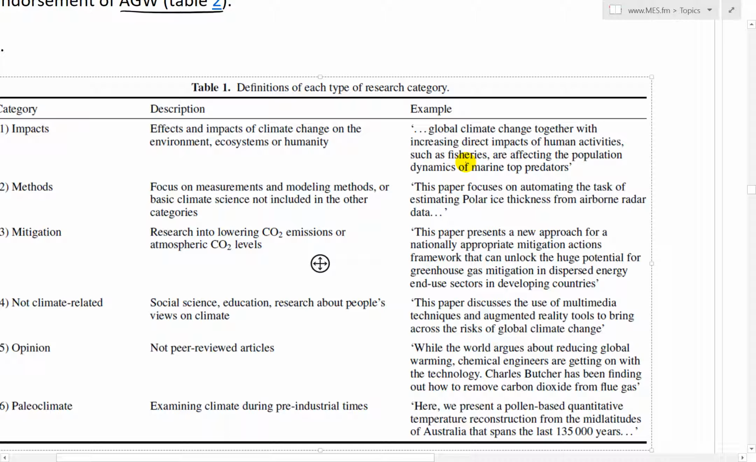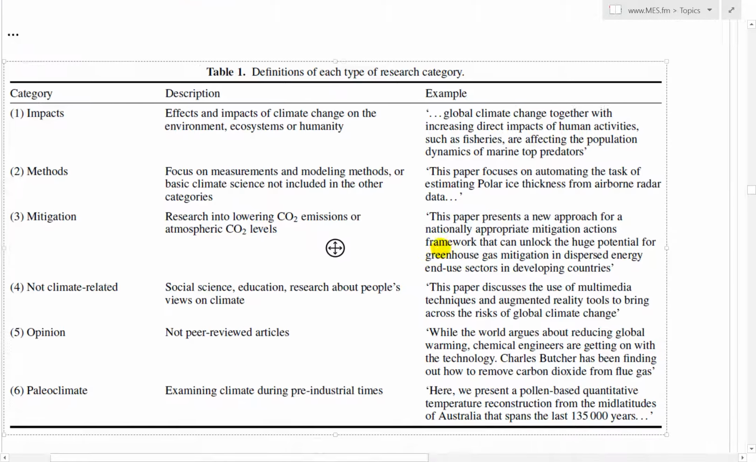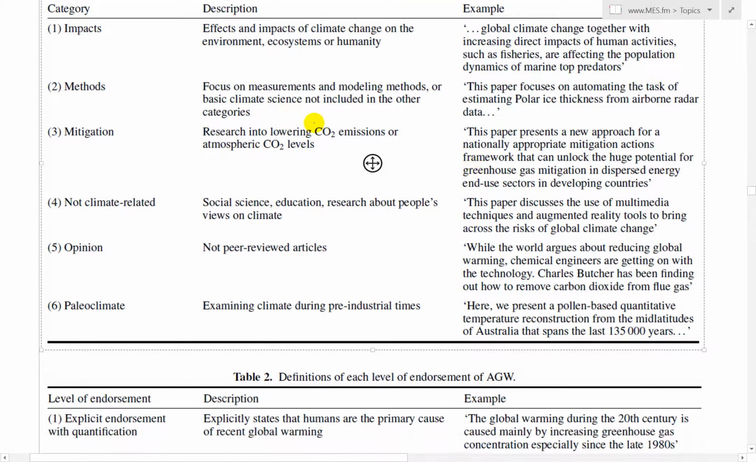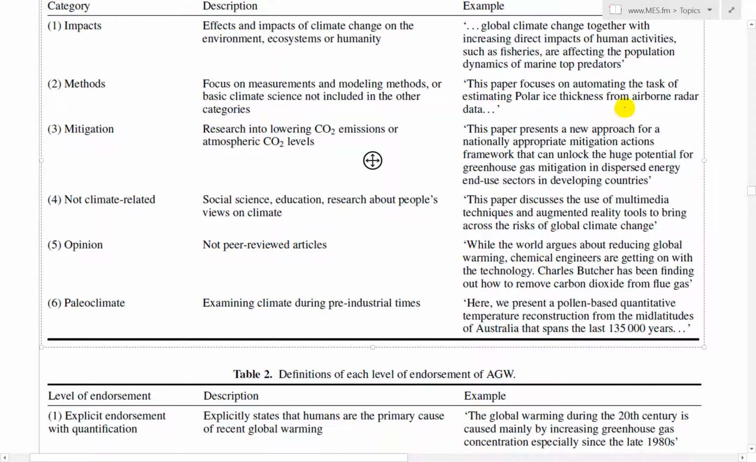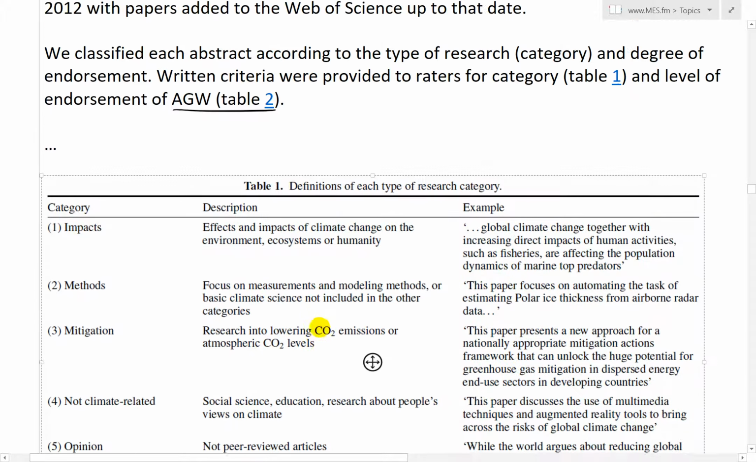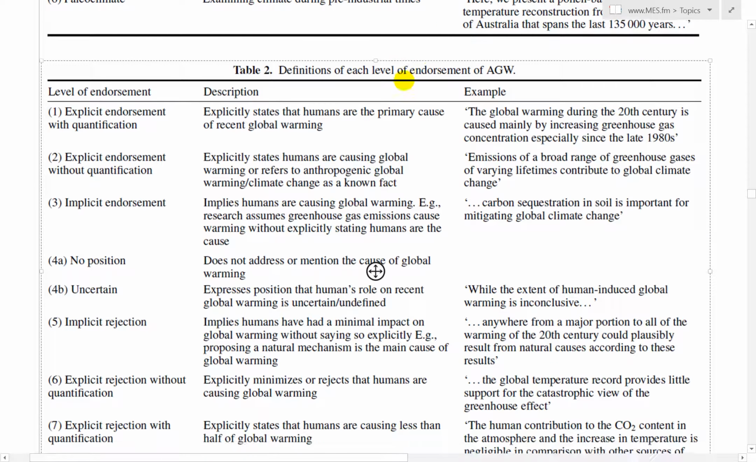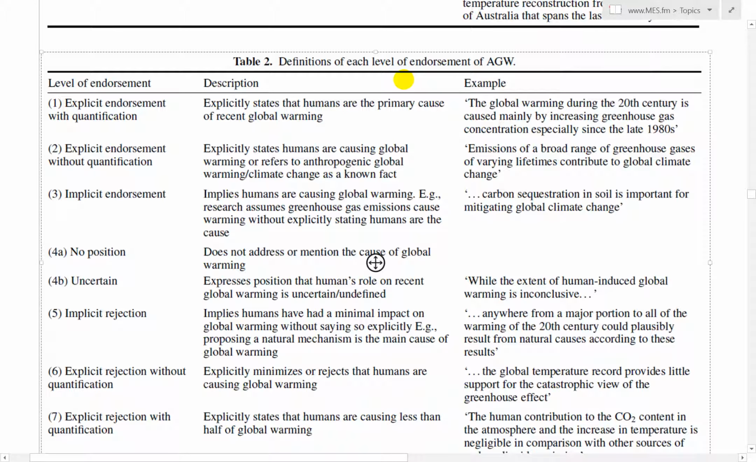Global climate change together with increasing direct impacts of human activities such as fisheries are affecting the population dynamics. Methods. This paper focused on automating the task of estimating polar ice thickness. Again, this isn't about climate change, this is assuming it's real, and then you write about stuff like that. So these are the category of the papers, or the abstracts, and then this is Table 2, the definitions of